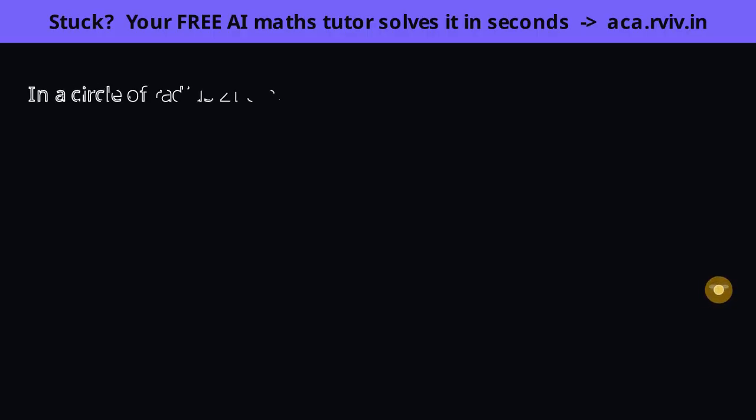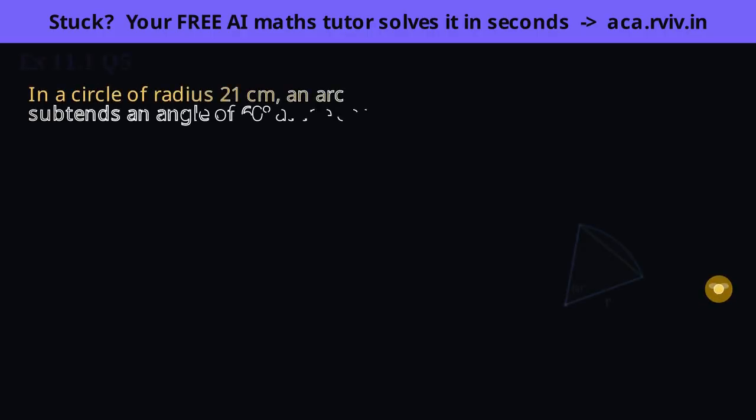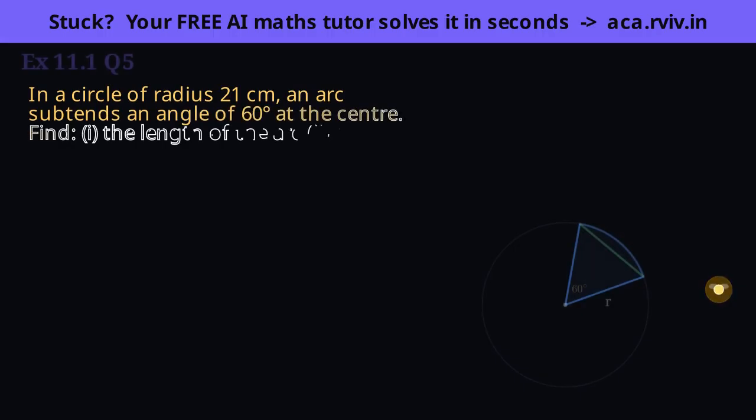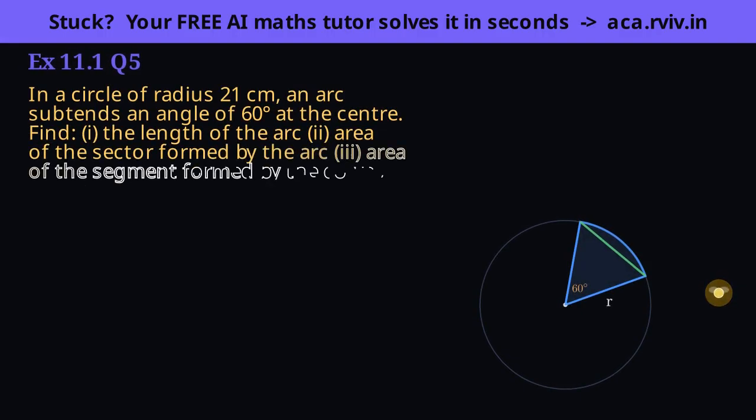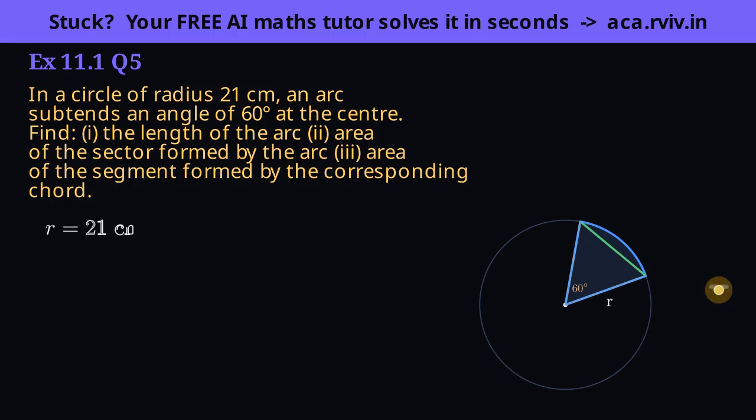One radius and one angle feed all 3 parts. Watch how the same fraction, 1/6, does the arc as a length, the sector as an area, and then leads into the segment. Let's lay out our givens once, since all 3 parts share them: radius 21, angle 60. Because 21 is a multiple of 7, we'll use pi as 22/7, and because 60/360 is 1/6, that 1/6 will reappear in every part.